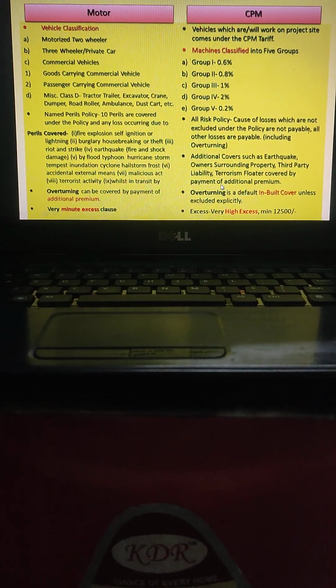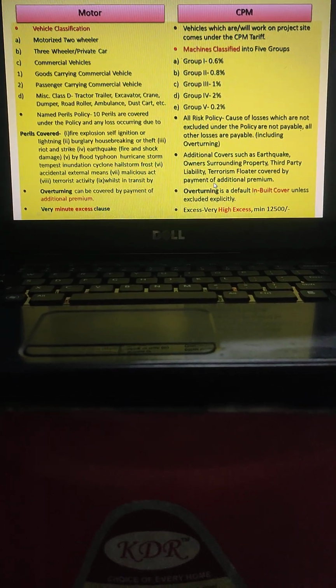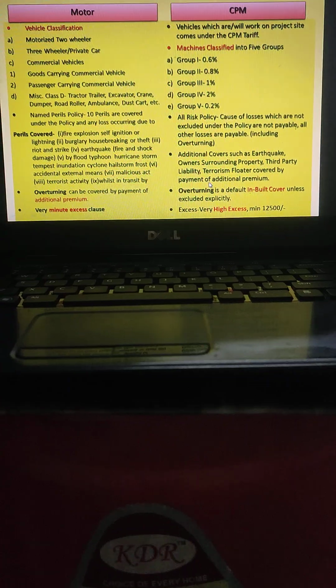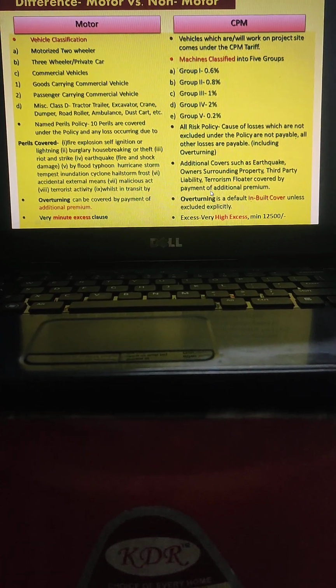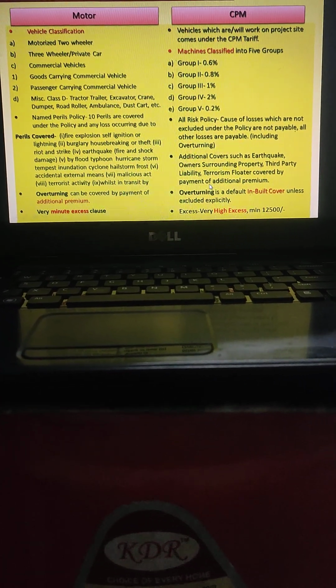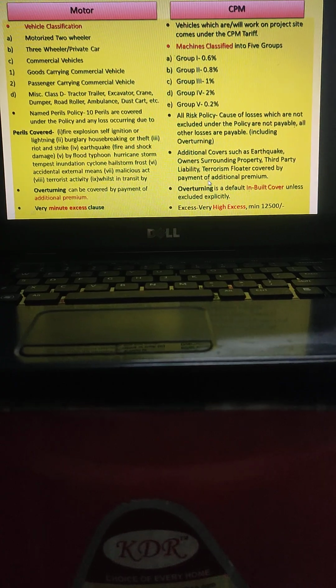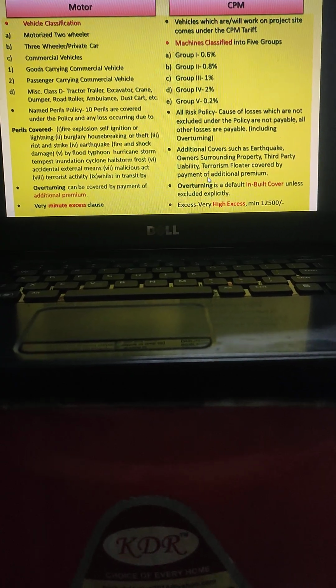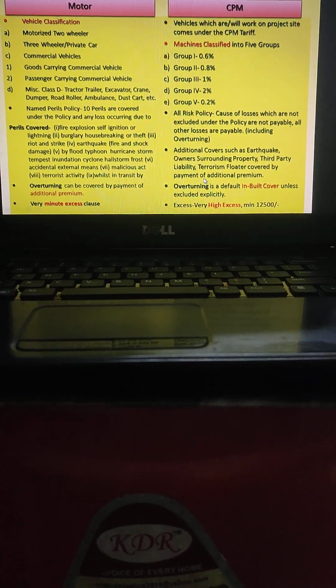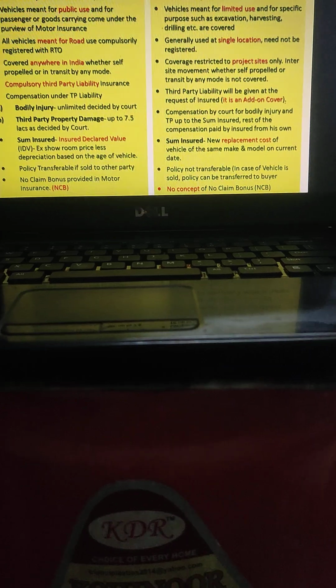Overturning is a default inbuilt cover unless excluded explicitly. But in motor category, overturning can be covered by payment of additional premium. And a very minute excess clause is there in motor insurance, while in CPM excess is very high. It starts from 12,500. Moreover, the motor insurance is governed by India Motor Tariff 1989, while CPM is governed by